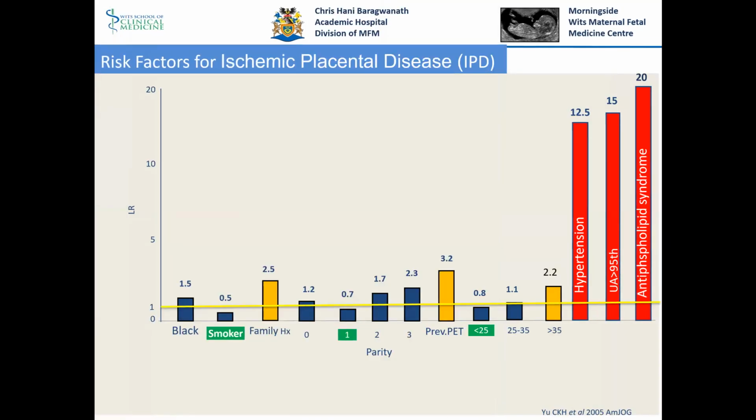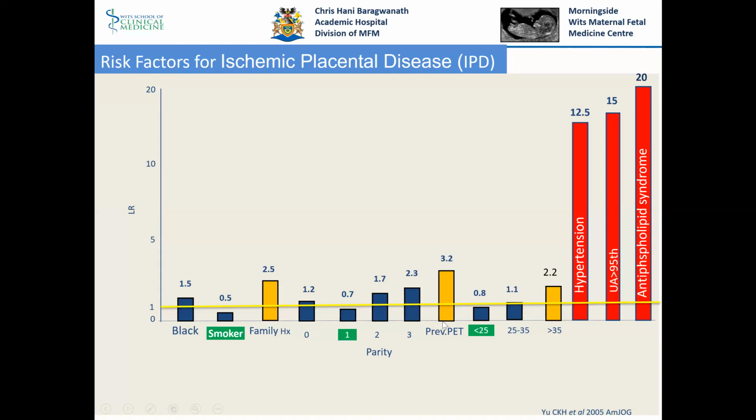We know from years of looking at these conditions that there are some common culprits strongly associated with ischemic placenta disease, such as hypertension, abnormal uterine artery flows, and thrombophilia, not just antiphospholipid syndrome, but thrombophilia in general. I'll come back to that in a few minutes. And there are other, probably less significant factors such as family history,